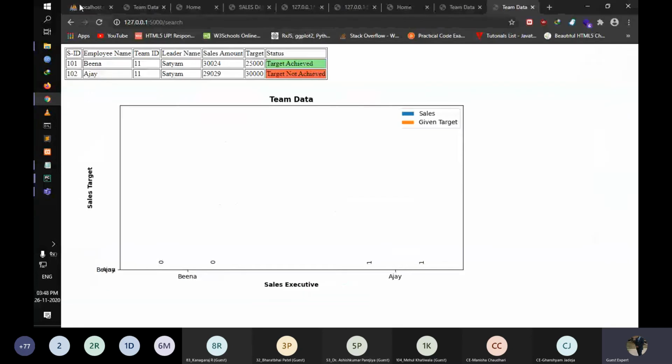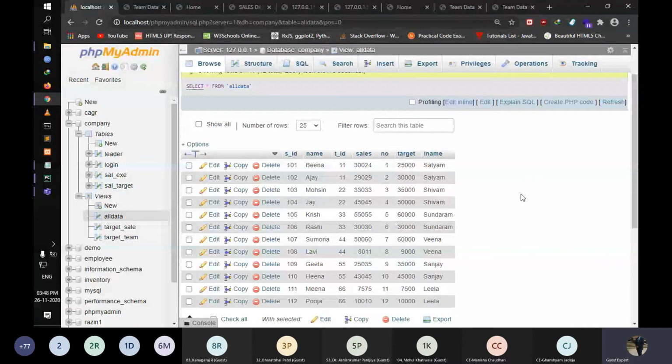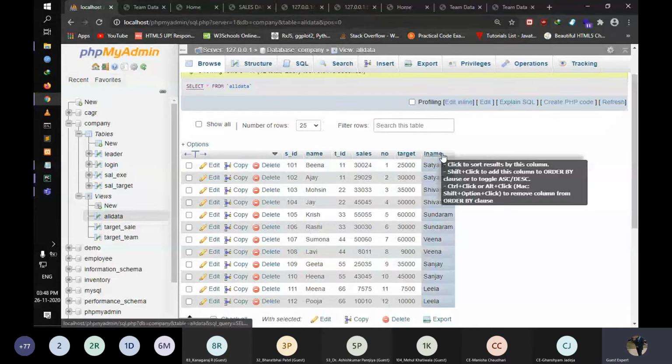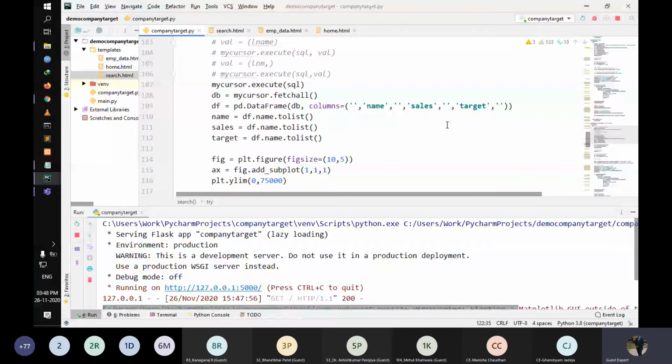Not sure what issue we are facing. Name, ID, sales, target. So this is correct. Okay, now I understand. Silly mistake. Sorry, there was a mistake in the coding.